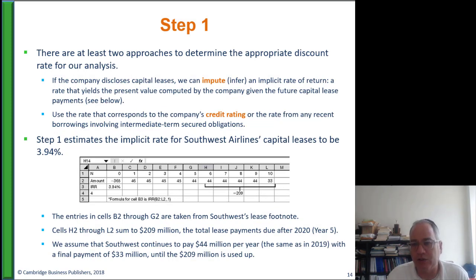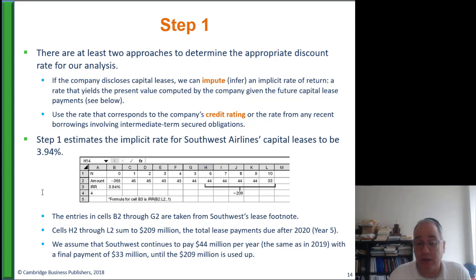To determine the discount rate, the easiest thing to do, now some companies don't have enough information to do that, is to impute the implicit rate of return. So if the company tells you what the future payments are, and they tell you what the present value is, then you can construct what the implicit rate of return is. For example, here,